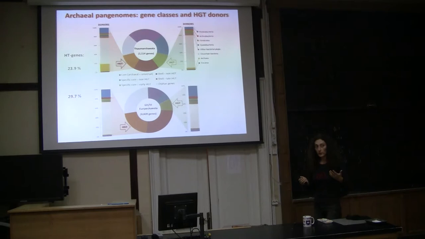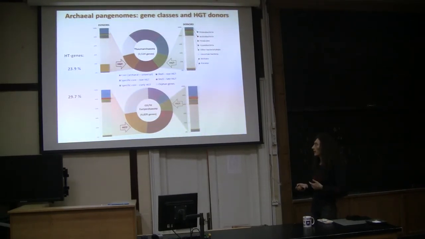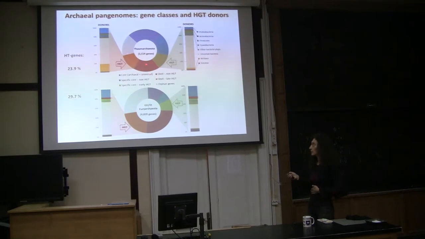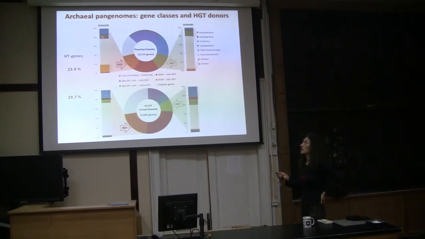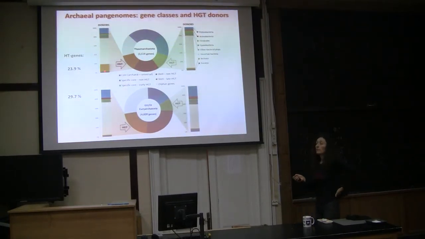So when we look at the donors of these genes, actually most of them are bacteria, except in the case of the shell class for the Tomarchiota, where up to 20% of these cases are coming actually from Eukaryotes. So it's an inter-phylum transfer. And in the case of bacteria, many of them are not very well identified, so we know they are bacteria, but we cannot pinpoint the exact donor. But when we can do that, most of them are proteobacteria in blue here, or other groups of bacteria that are also frequent in oceans.